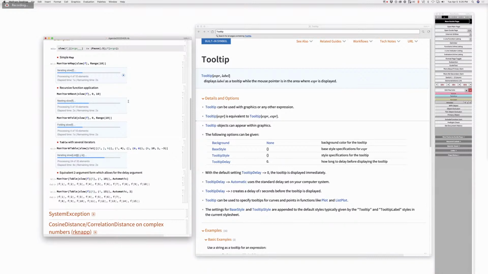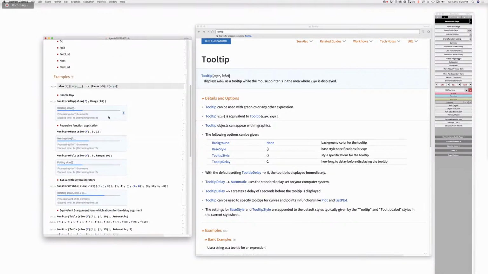So I think this is magnificent. Are there issues here about nested ones? If we say monitor of a table here, the monitor will process the iterator specs, and notice how you see that it says 24 of 32? So it multiplied the 2 of the sad face smiley face, and so monitor is a hold first argument function,